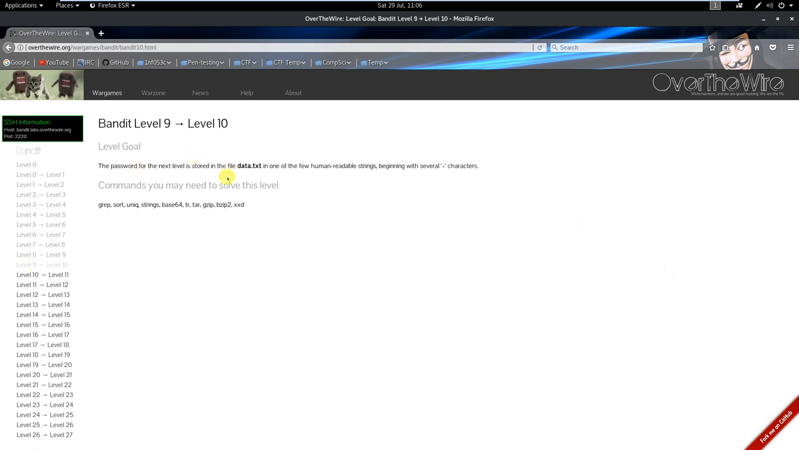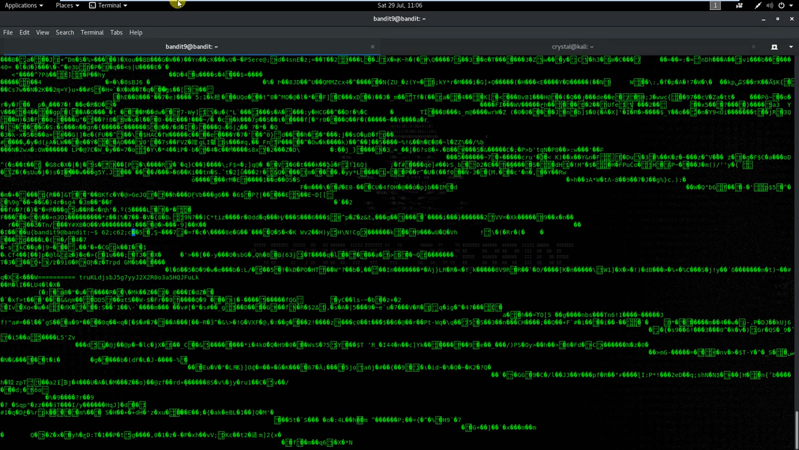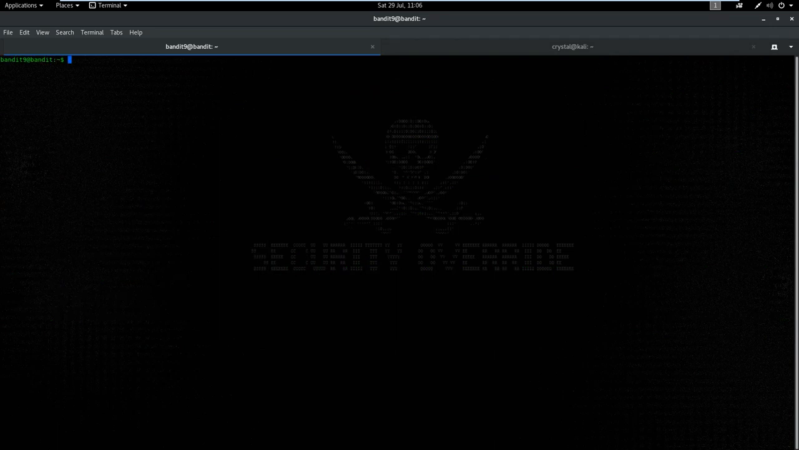Okay, so level 9 to 10 this time is asking us to find the password in data.txt, which is one of the few human readable strings beginning with several equals characters. Because if we use cat as we have been in the past, you see it's not very readable. It let us know that there was only a few human readable strings. Now it just so happens to be sitting there anyway as soon as you cat out the result, which we could just use. But just to show you, if that wasn't the case, if the challenge had maybe been designed a little better,